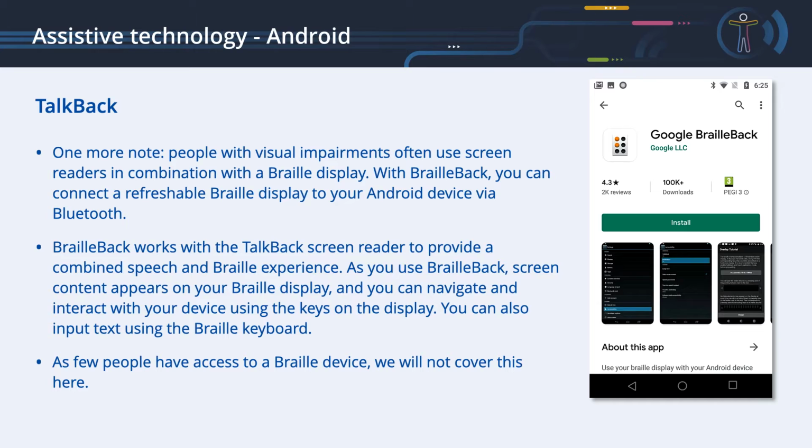As you use BrailleBack, screen content appears on your Braille display, and you can navigate and interact with your device using the keys on the display. You can also input text using the Braille keyboard. As not many people have access to a Braille device, we will not cover this here. Below the video, you can find the link to the Google BrailleBack app in the Google Play Store if you need it.